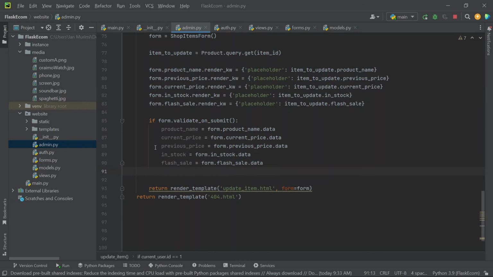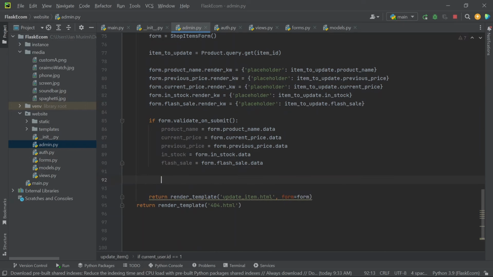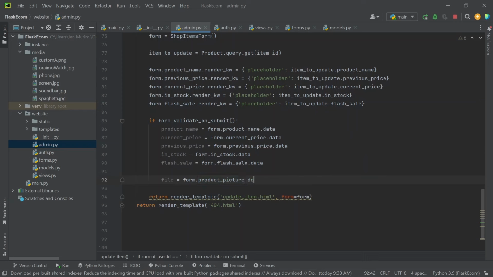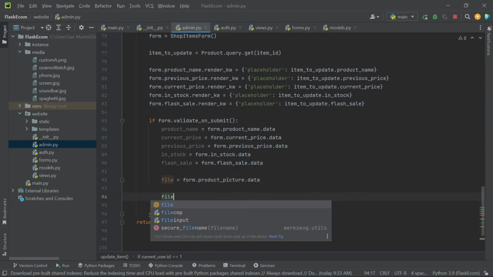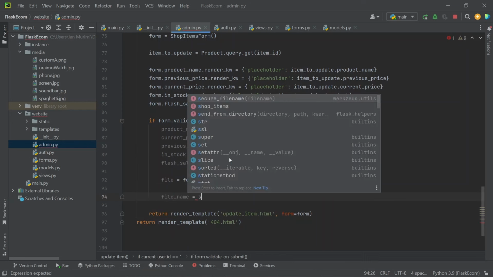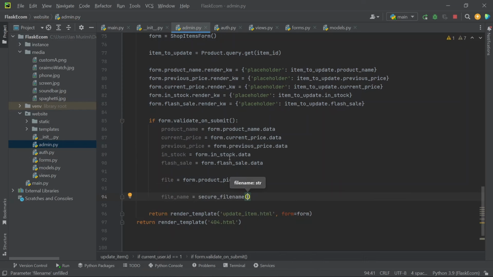And the last part is we need the image as well. So the file will be equals to form.product_picture.data, and the file name will be equals to a secure_filename of file.filename,